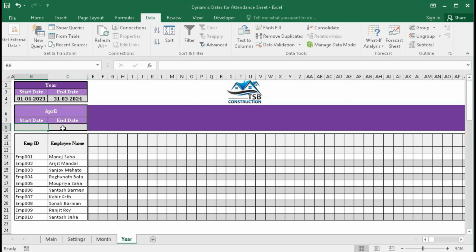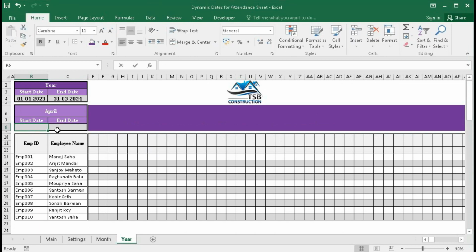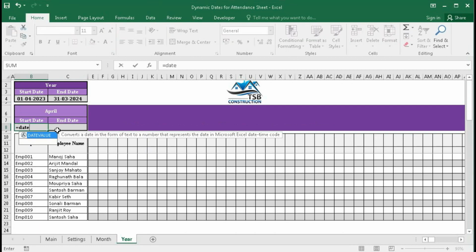Now here we want the date for April. So now here I will put the start date. So for that, equal to DATEVALUE, and first will be the start date. So I will give this cell's reference, because I will take the start date from this cell reference, then and